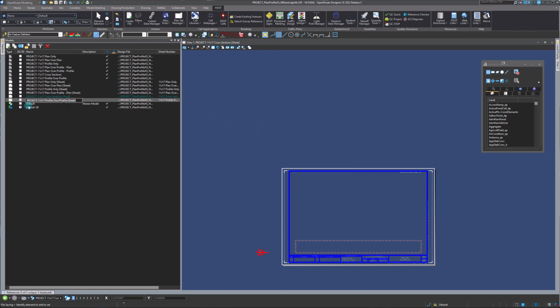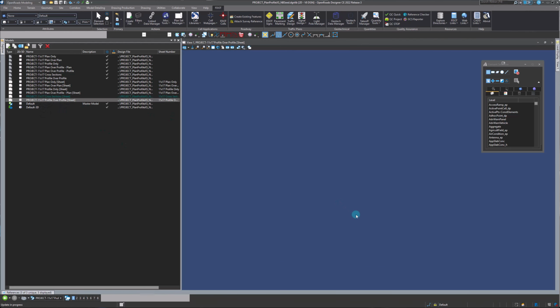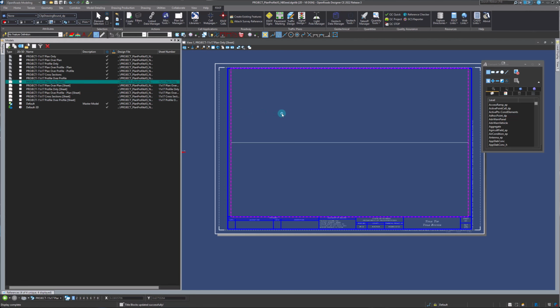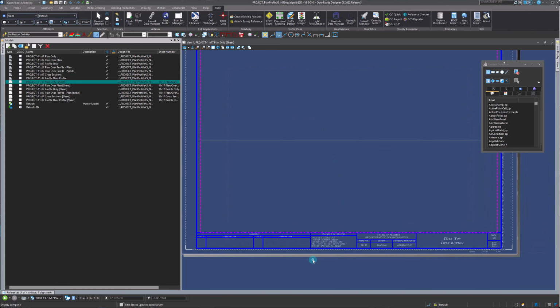And then lastly, we've got the profile over profile, very similar to what we've seen, just got the line down here. One thing I want to go over before we end this video and move on to the next video of actually creating a sheet is, let's say I've got some plan sheets I want to create that are going to be assigned to Tacitus, and then I need to create some other plan sheets that are going